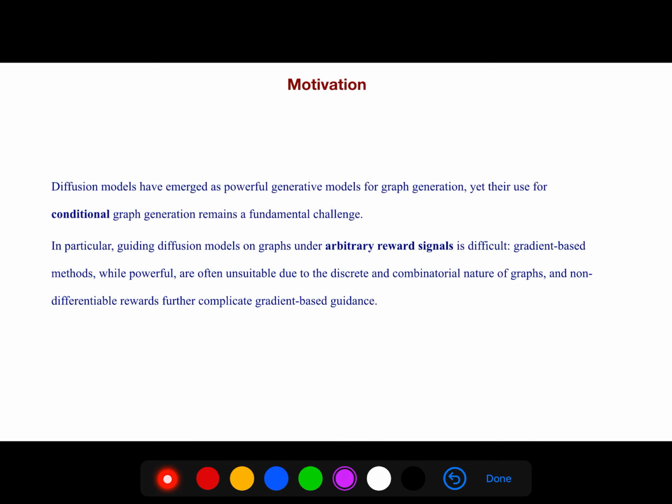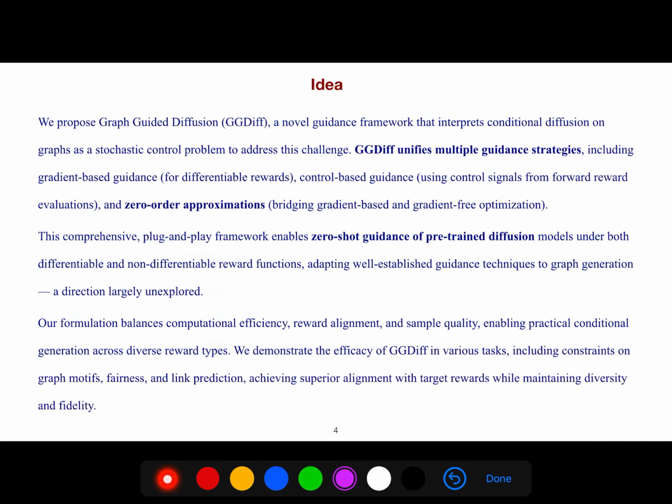So let's see what is the motivation of this paper. Diffusion models have emerged as powerful generative models for graph generation, yet their use for conditional graph generation remains a fundamental challenge. In particular, guiding diffusion models on graphs under arbitrary reward signals is difficult. Gradient-based methods, while powerful, are often unsuitable due to the discrete and combinatorial nature of graphs and non-differentiable rewards. So they propose this GGDiff,